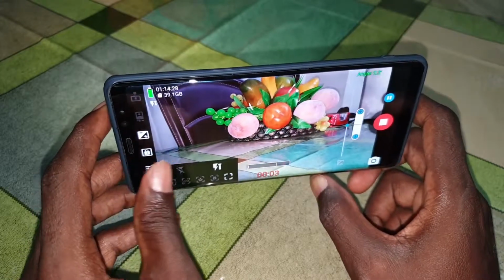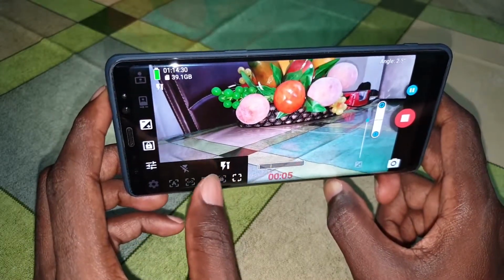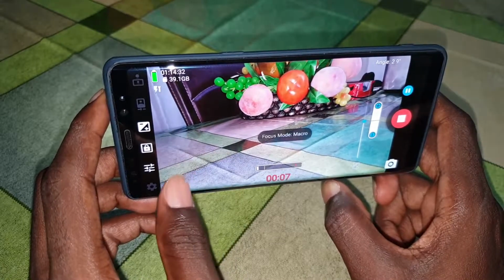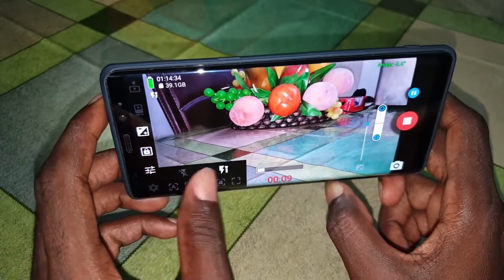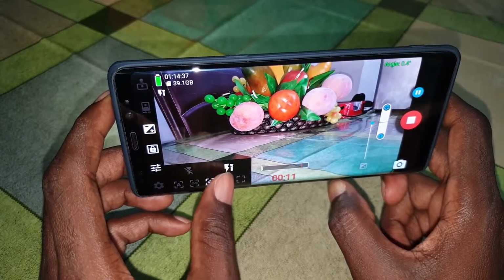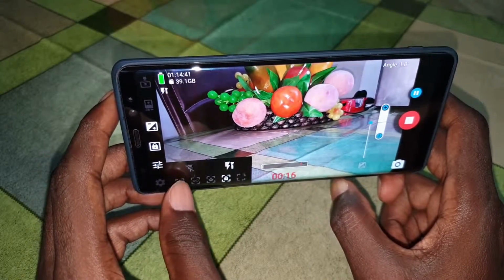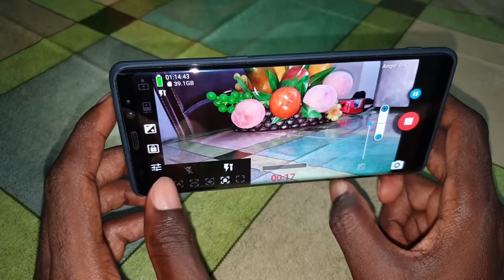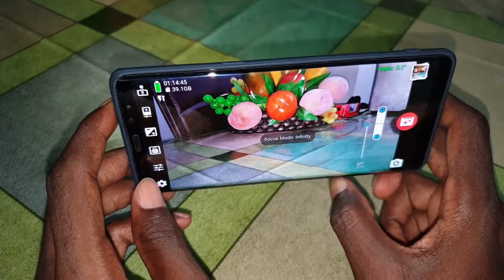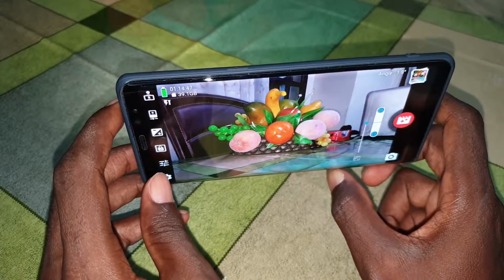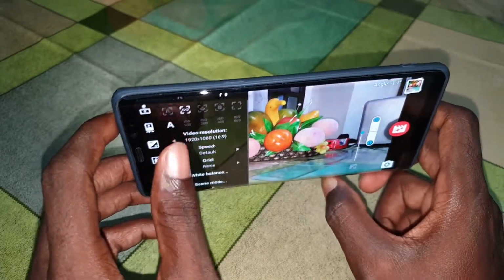And here, you can see more things here. Focus macro, focus lock. Wow, infinity focus.